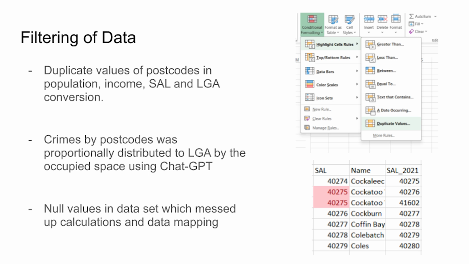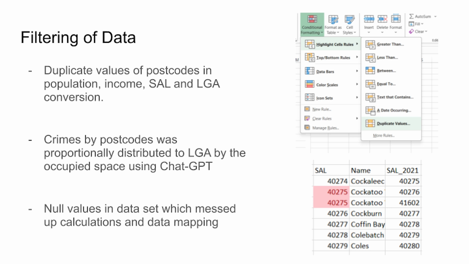This also interfered with LGA results. So for example, imagine that 50 crimes happened in postcode 5000, but 50% of postcode 5000 is in Burnside, so we add 25 crimes to Burnside's total instead of 50. We used ChatGPT for this since Excel and Power BI were hard to manage for this, and it's much easier for AI to do this for us.